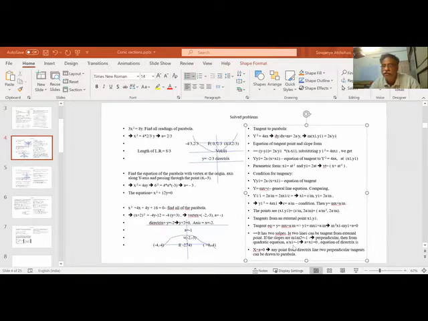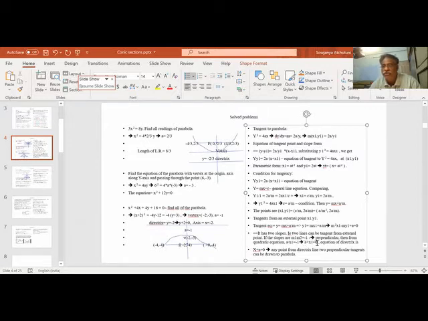Then the quadratic equation is a by x1. A by m square means what? A by m square is x1, minus 1. See what is m1 m2 in this equation? Product of 2 roots is c by a. So c is a, and we have a is x1. So m1 m2 is minus 1. a by x1 is minus 1. That means a is equal to minus x1.